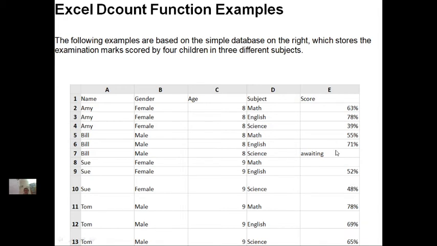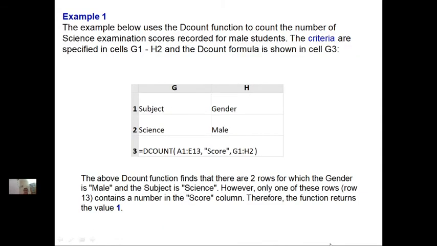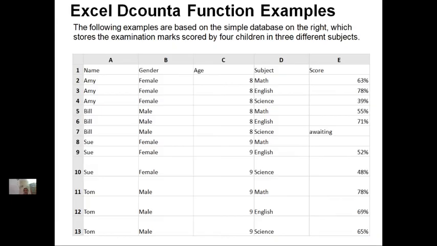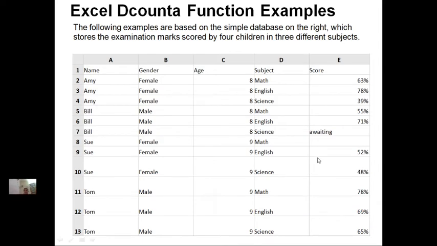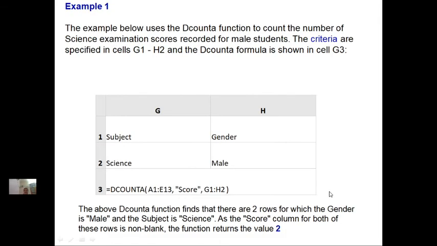It is awaiting for one of the rows and the other he has given the value 65%, but here, according to the DCOUNTA function, because it is non-blank, the score columns are not empty for both these rows. That is why it is returning the function value as 2.